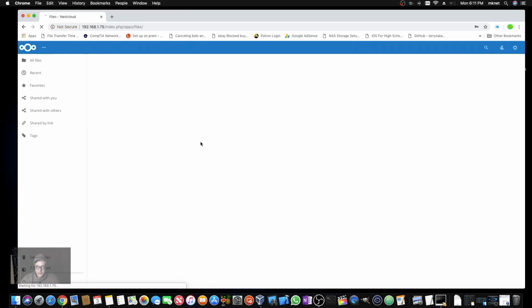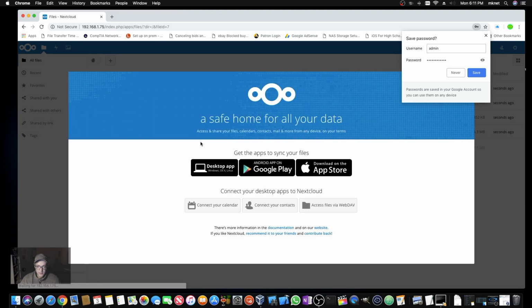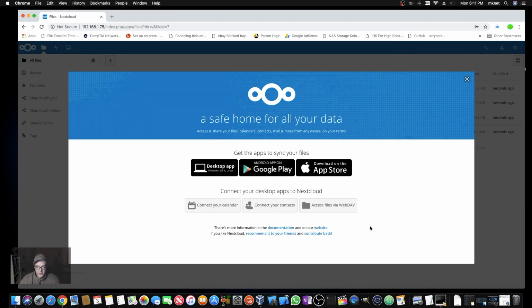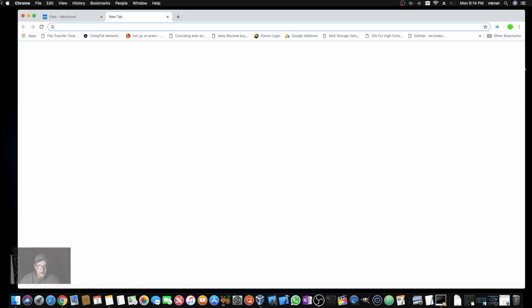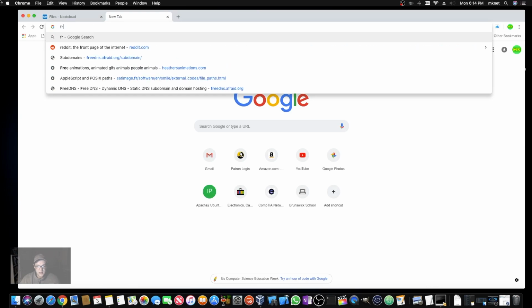Alright, you can choose to save the password if your browser prompts it. Here you just get a quick notification about the different types of devices that support Nextcloud, so it's pretty cross-platform. Alright, so we know that everything's loaded, we have our admin account created, and we'll call it quits on that. So right now what we're going to do is create a subdomain, and I like to use